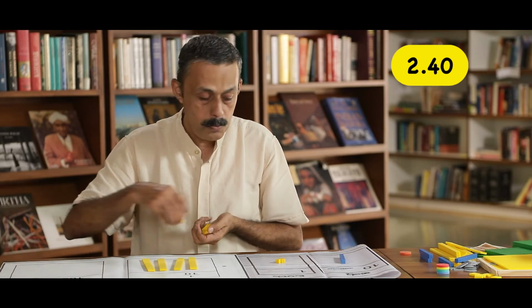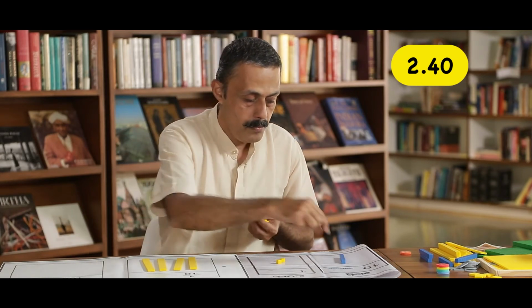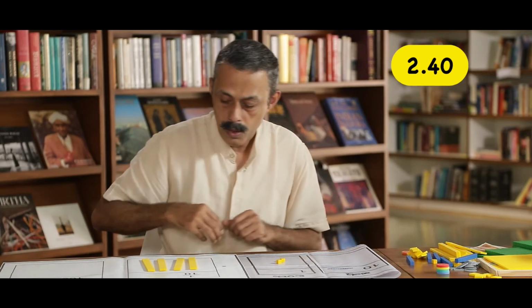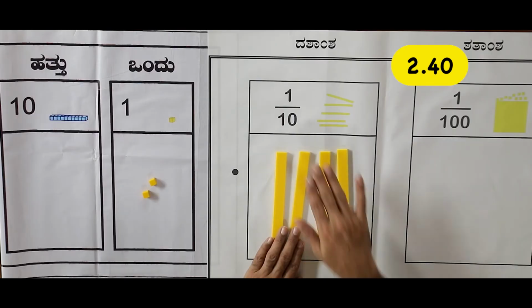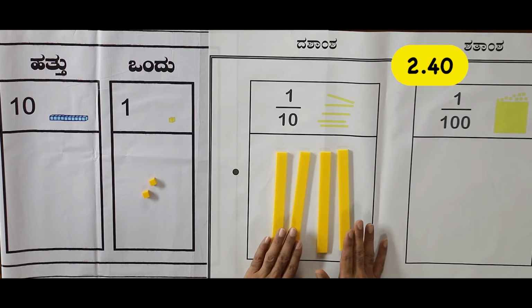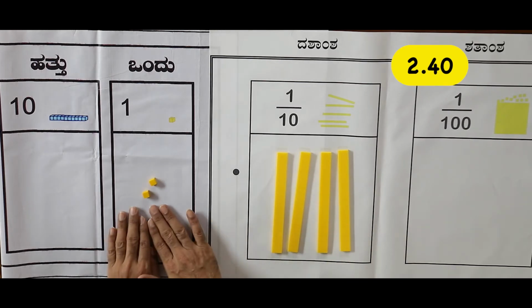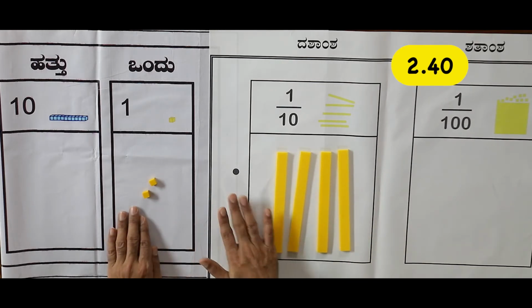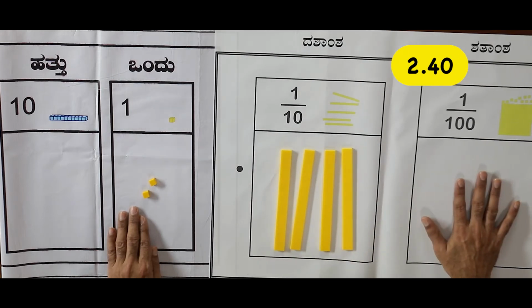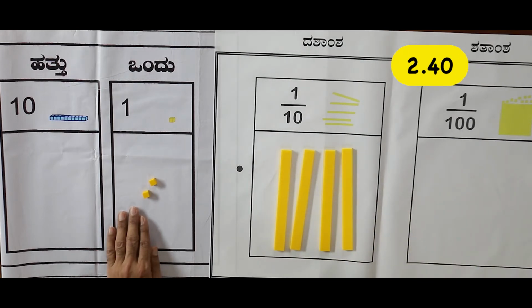One more number, 2.40. How can we do this? 2 point, that is just 2 units and 4 of 1/10. This is for 2 units, 0.40. Similarly,